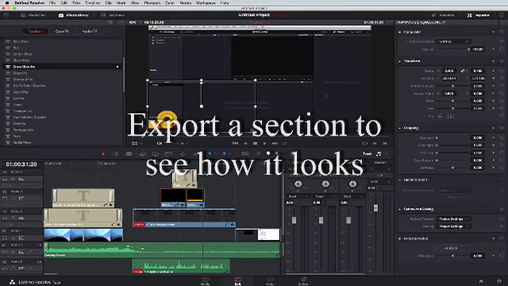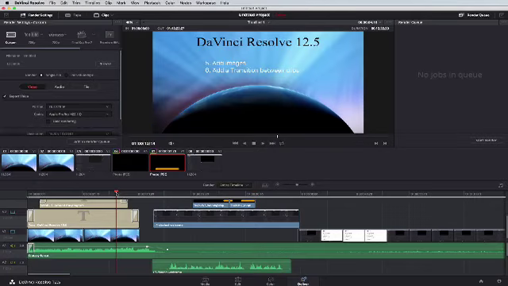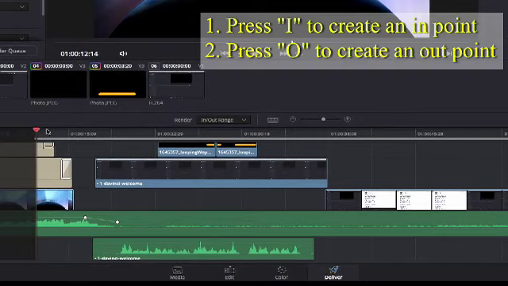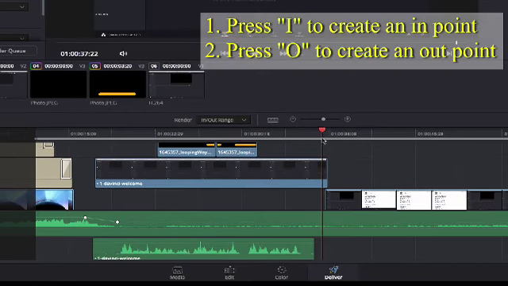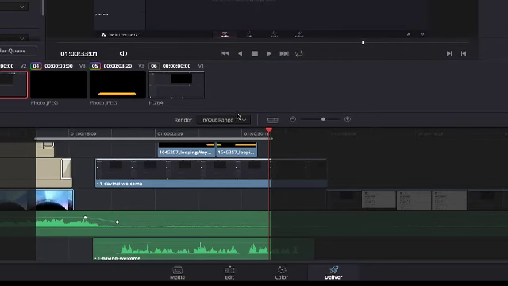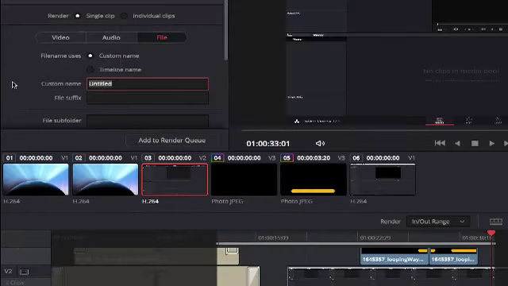Now at this point, it's probably a good idea to have a quick look at this. So we can go into our delivery section, put the playhead here, press I, and that will give us an in point. Then go to the end of it here, press O, and that will give us an out point. And we can see we've got an in-out range there now. So we'll quickly name it test 1, click add to render queue, and